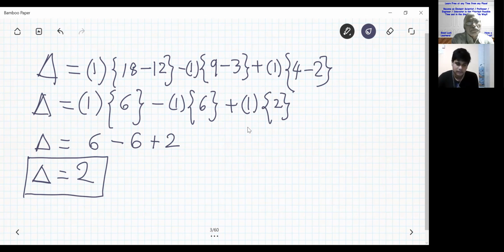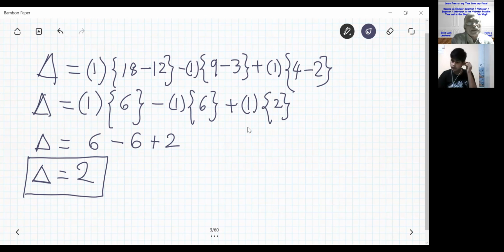Sir, we will get 6 minus 6, right, sir? Minus into minus. No, there is only one minus, sir. No, sir. There are no two minuses in the second sum, sir, 1139, that sum, we'll get 9 minus 3, right? 6 into minus 1, sir. It will become minus 6 now. Correct. Here then 6 into minus 6. Minus 6 minus of 6 plus 2, it will become, no, sir.